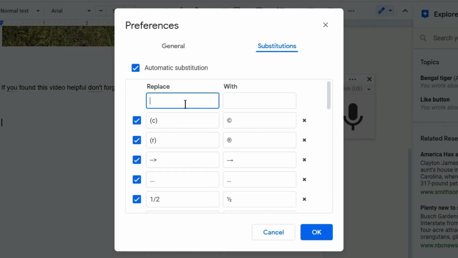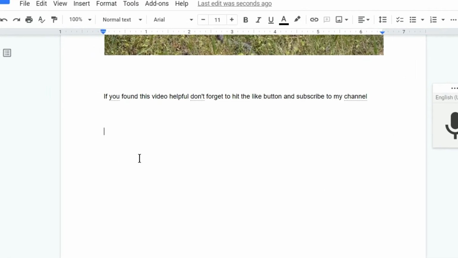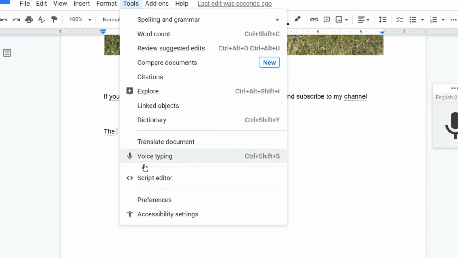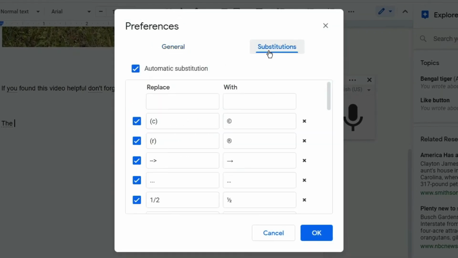Maybe some of the time when we start typing "the", we normally mistype it, and that's a typo we all sometimes face. So if I add this wrong spelling here and I type the correct spelling in the adjacent box and I click on OK, then whenever I type that wrong spelling and hit space, it will correct it. You can see it just changed. In a similar way, you can add anything in Substitutions as per your requirement. So those you can correct automatically using this particular feature.